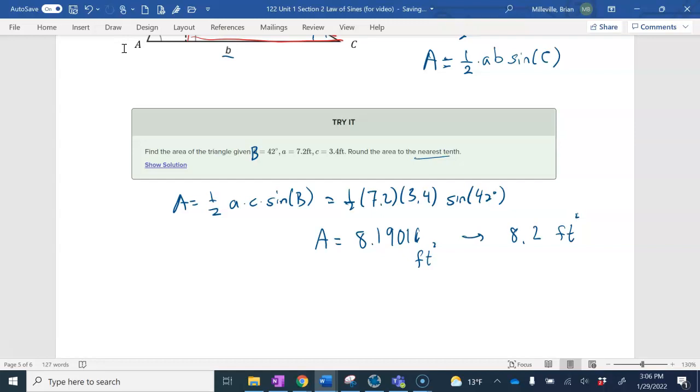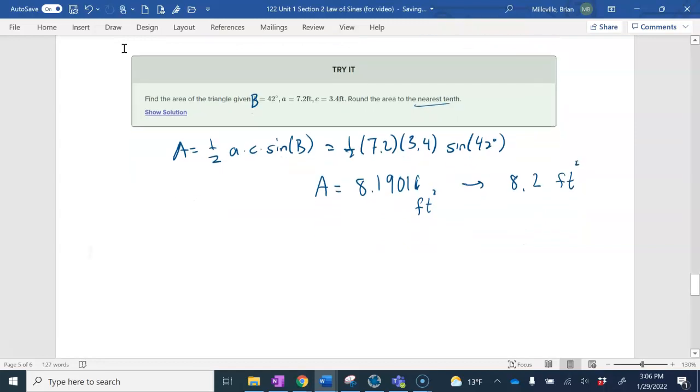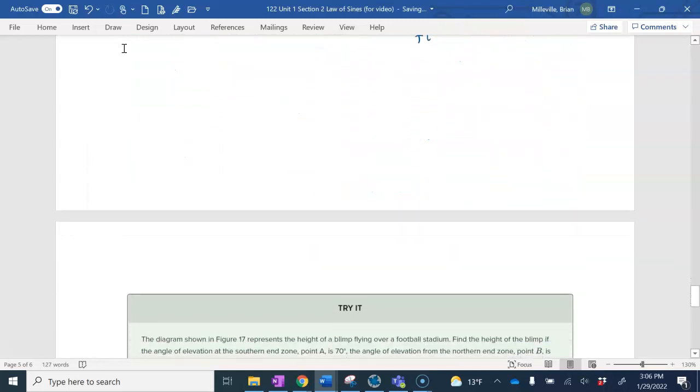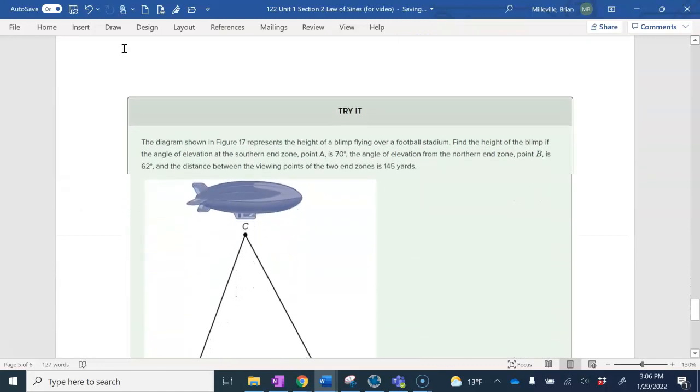Alright, so there's a couple problems in the homework dealing with that area formula. They're pretty straightforward. I want to finish this video with an application problem, and this is going back now to the